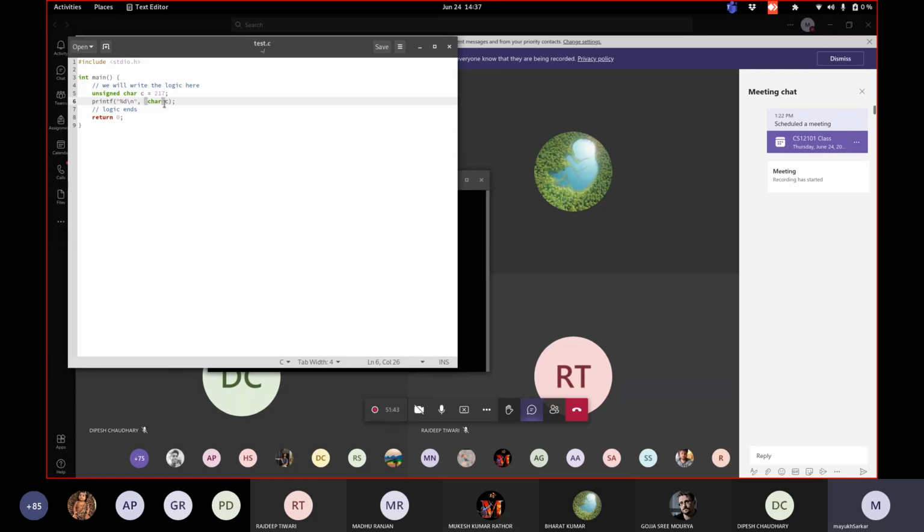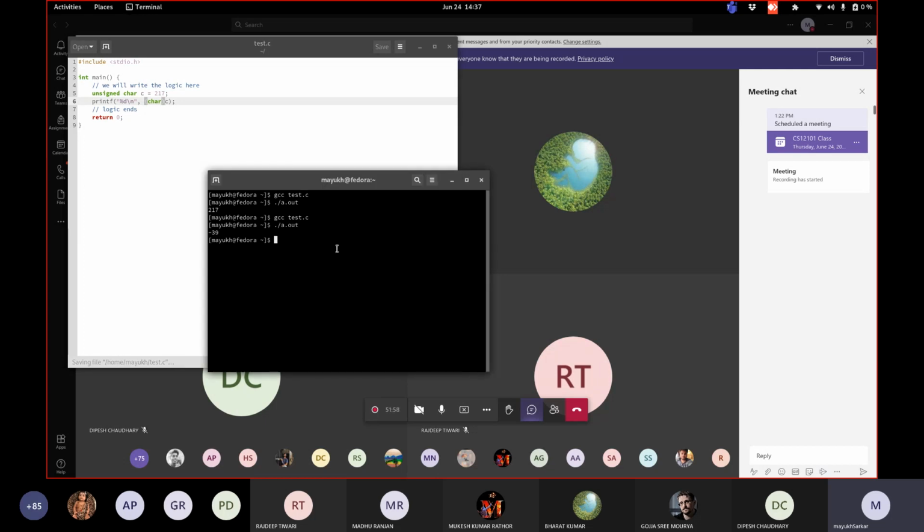Now initially I made a mistake. Initially, when I wrote this without char, it was taken as unsigned in this %d. So if you want to convert into the signed version, just write char in the brackets. But focus on what I'm trying to show here. As soon as you convert that to signed, you compile it and run it, the value that gets printed is -39, not 217. Is it clear?